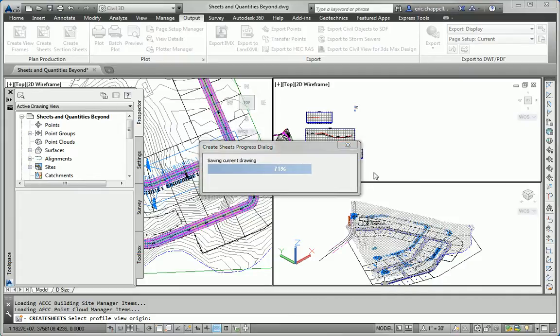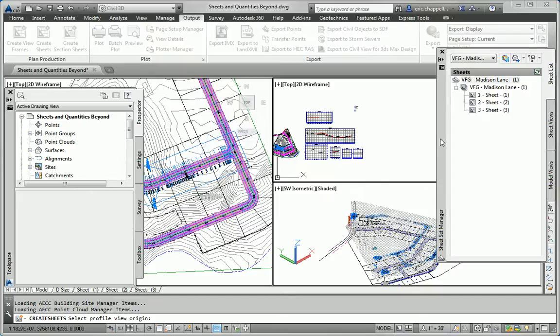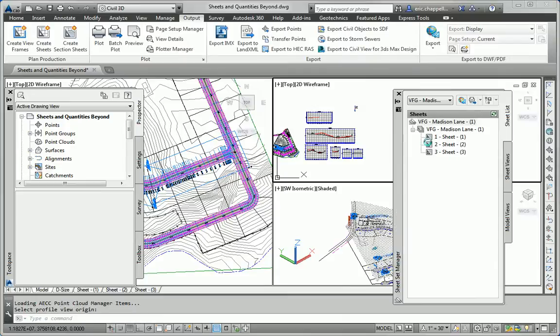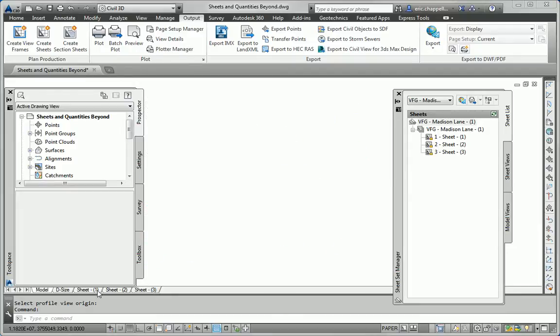When it's all done, it should open the Sheet Set Manager, which it has. And as soon as it's done thinking, I'll bring that over to where you can see it. So there you can see the 3 sheets that it created in the Sheet Set Manager. And it also created 3 new layout tabs. So if I click on one of those layout tabs, I should see a nice plan and profile